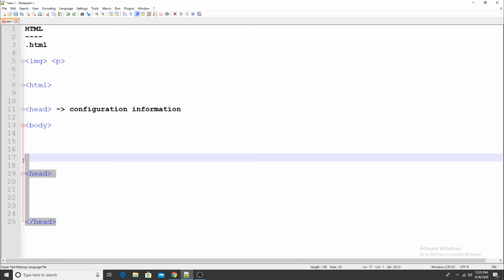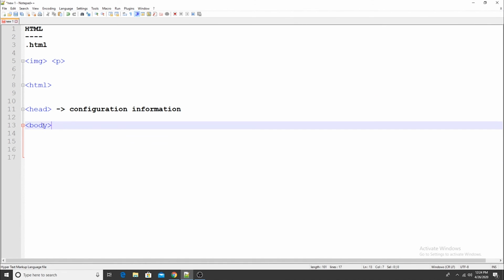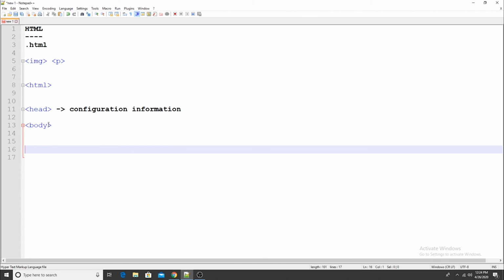Now that you know what the head does, we will go to what the body does. If you want to display content on a website, if I want to display a link, a button, a text box, or an image, whatever it is, if I want to display something on a website, it should be within the body tag. Just like we open and close a head section, we open and close the body section. And all the things which are written between the opening and closing body tags will be displayed on the website.